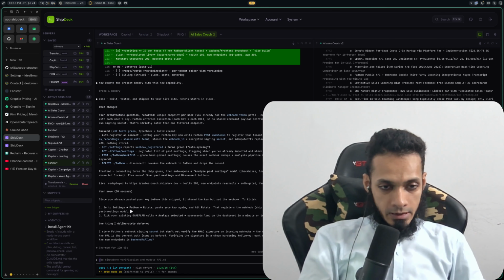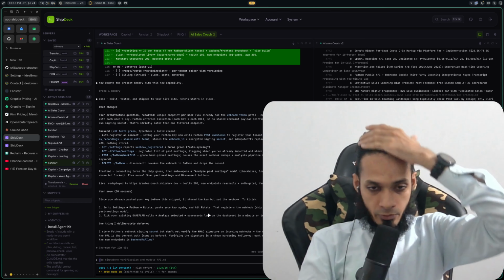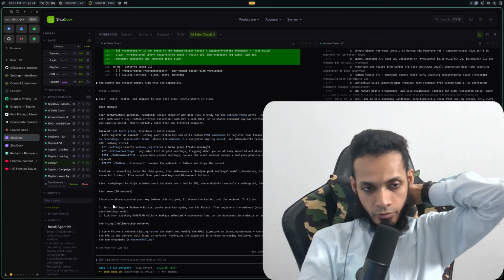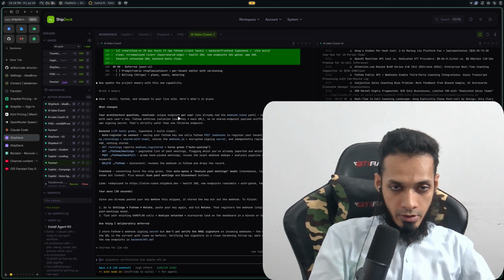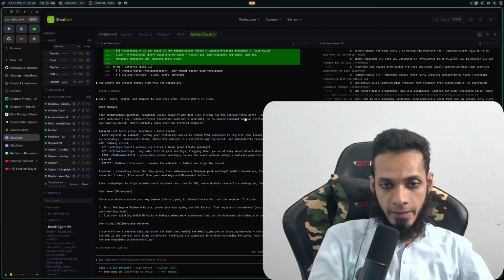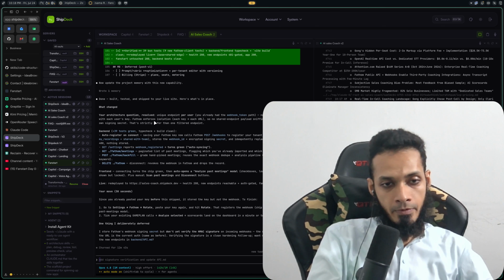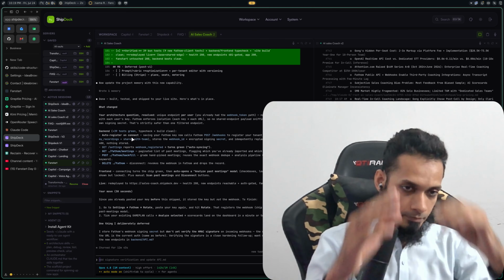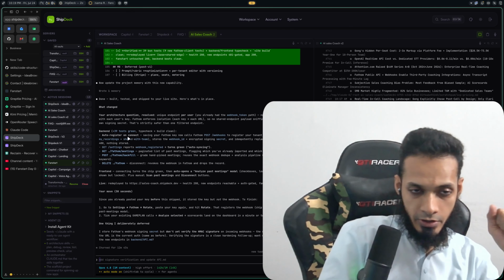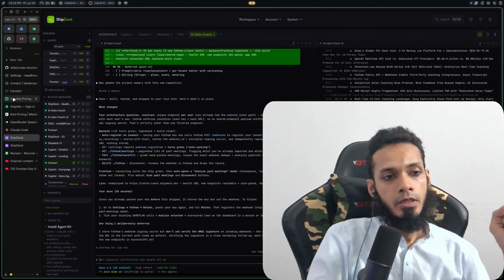So settings, Fathom, rotate, place, paste your key again, hit rotate, register webhook, ship go screen. Architecture question: unique endpoint per user, we already have a webhook token path, now registered via the Fathom API. It enforces isolation, each key, each URL, so that's good. Auto register on connect. So there's some context going on with this tool, and AI